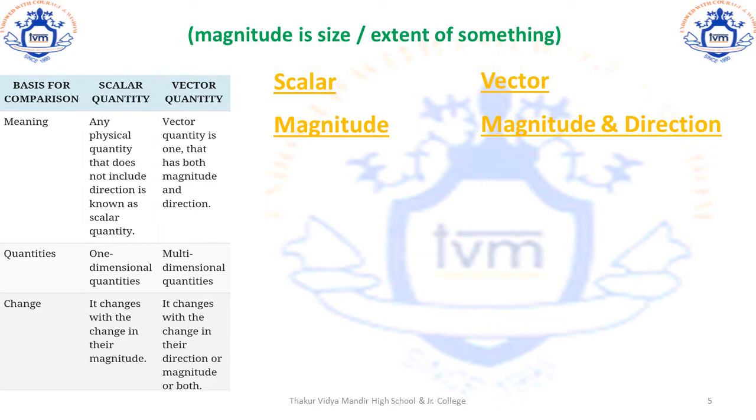So a simple thing to think about scalar and vector quantities. Let's look at distance. Is distance a scalar or a vector quantity? If I ask you what is the distance between Mumbai and Pune, you can simply tell me it is approximately 150 kilometers or 148 kilometers. For this, I only need the numerical value, and I'll know the distance between Mumbai and Pune. So I can easily say that distance is a scalar quantity.